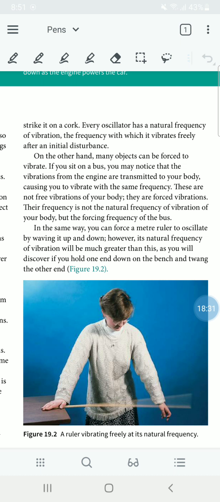Next point, oscillations made as a result of mechanical movement. Example, the oscillation of pistons in an engine, or the flapping of wings of a bird are forced vibrations.